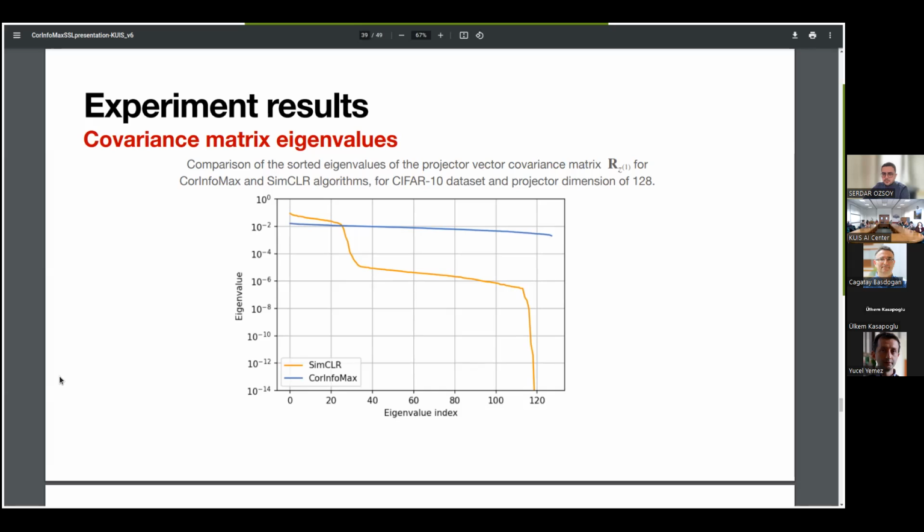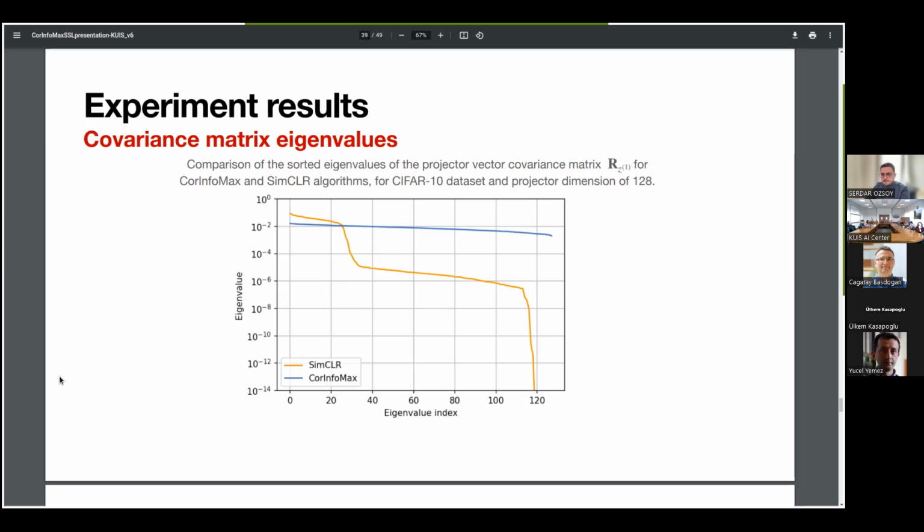What you see in this table is that we take the projector outputs, calculate the covariance matrix for the projector outputs, and then look at the eigenvalues of that covariance matrix. These eigenvalues are in a log scale, so as you go down, the values of the eigenvalues very quickly approach zero.